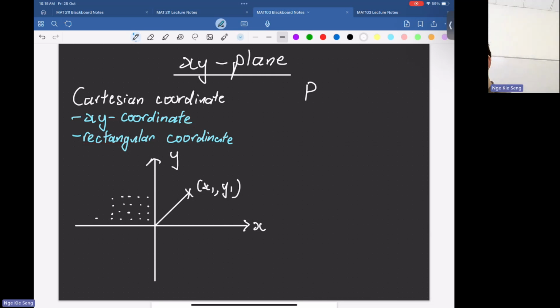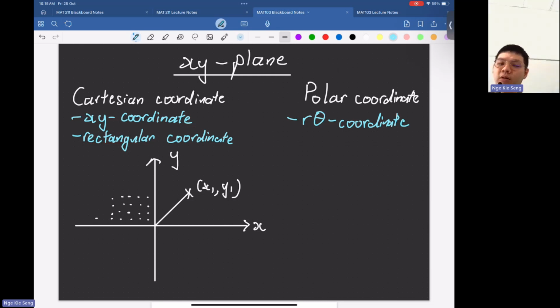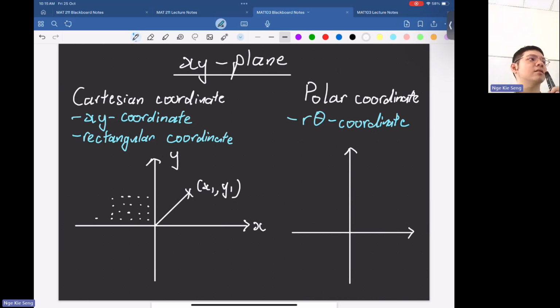On the other side, we will learn what's called the polar coordinate, or sometimes we call it the r theta coordinate here. So how do we imagine this polar coordinate? You want to use a bunch of circles to represent your point. Instead of thinking of your point in this rectangle style, x and y, for example x1 and then y1,